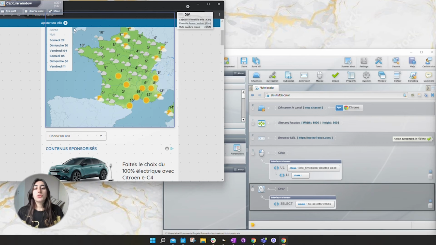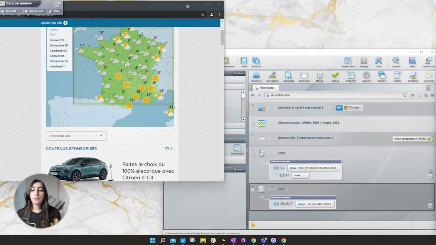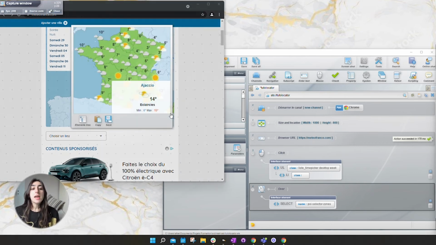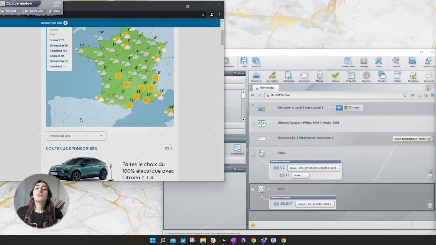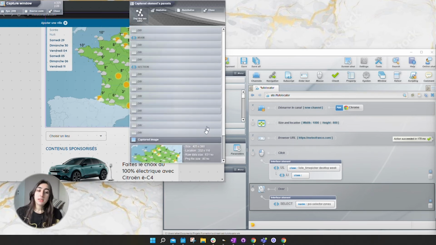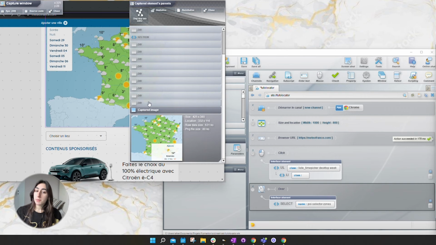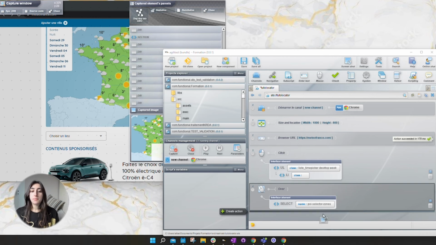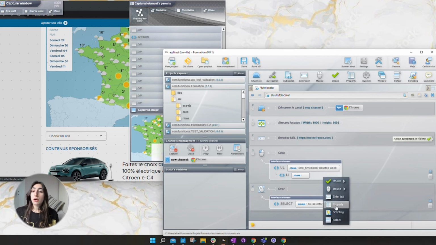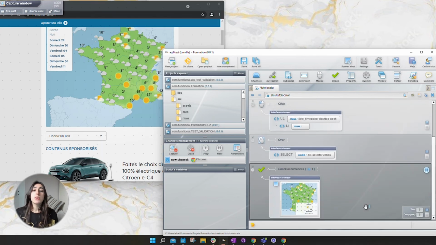Next, you can also capture a picture from a page. For this, hold your right click and drag your mouse to the frame you want to capture. Then, click on the Elements Tree button. You can see the captured elements parents of this picture. Then, click on the Drag Drop into the Editor button and drag your capture into an action. Here we can check the occurrences, for example, to see if this picture appears only one time on the page.